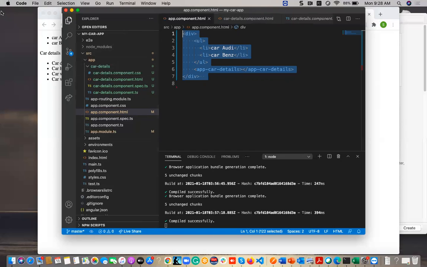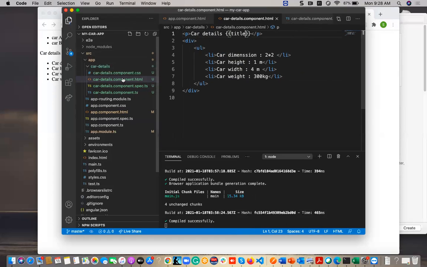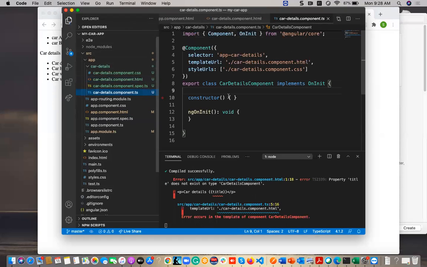So let us see some other things also. Means, yeah, we can use some car title like binding. I want to bind some data, like suppose some title data, which is there here in car details, but I want to give the information about this title in the component.